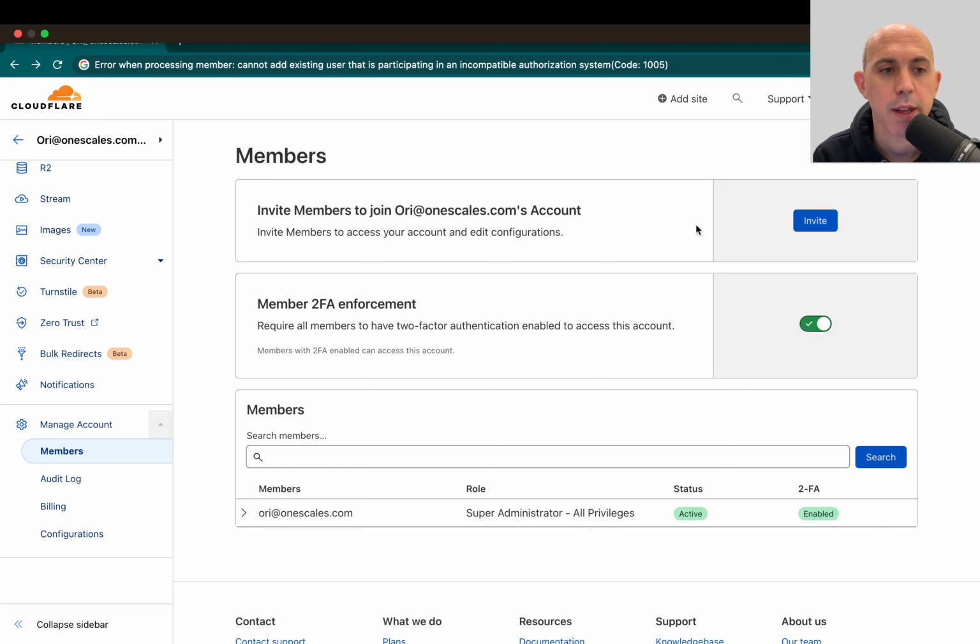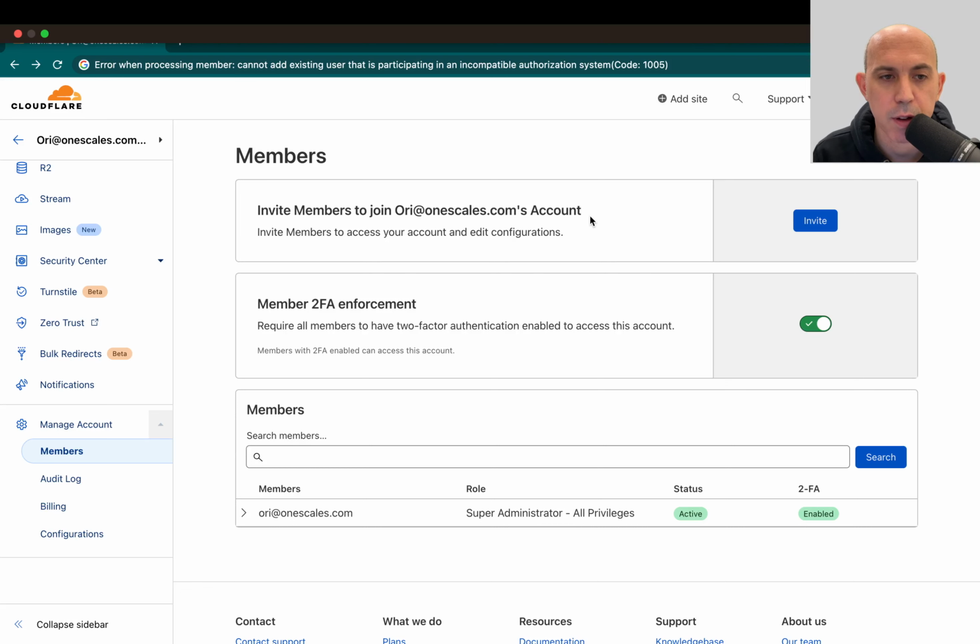This video is about Cloudflare access, about a particular error that happens, code 1005. Basically, Cloudflare allows you to provide permission for other accounts, other people, to access your Cloudflare to manage on your behalf. And Cloudflare now, as of end of 2022, allows you to give others access to some parts of your account.